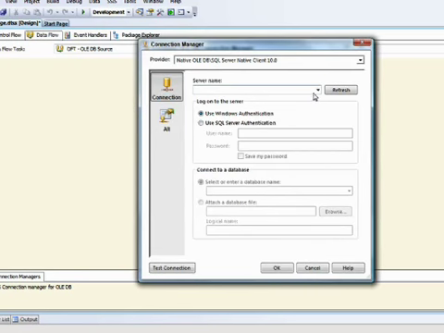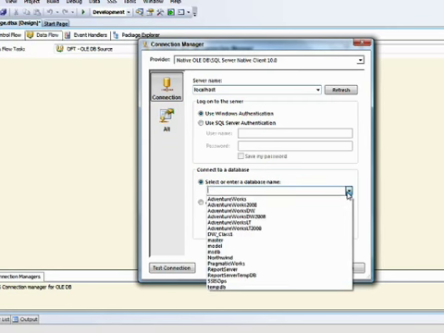Now you can either do the drop down box or you can type in localhost. Localhost is of course your current machine you're on, or the drop down box should show your server list. So I'm going to go ahead and do localhost. And then your next step will be to specify the database that you're getting your data from. So from the drop-down list, let's go ahead and select AdventureWorks 2008 because that's what we're going to use for